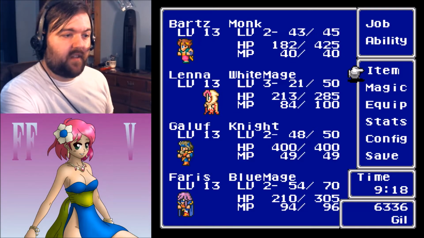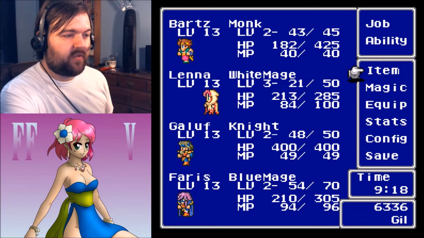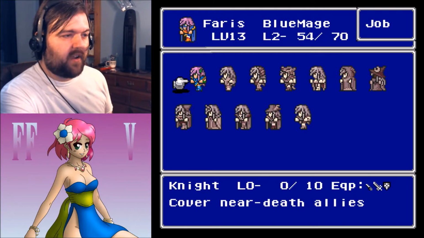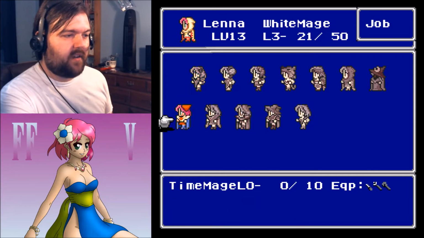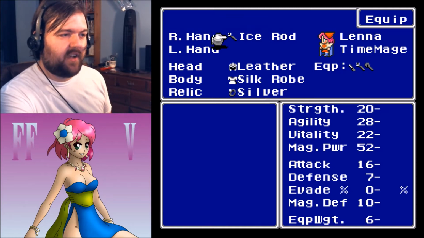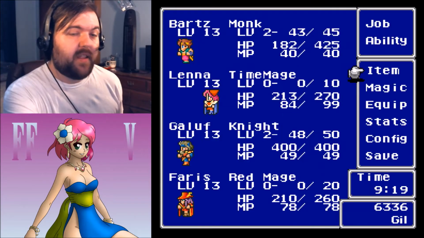So, now that I've done that, Bartz and Galef are really close to leveling up Monk and Knight. I'll wait until they've done that and then change everyone's jobs. For now though, I think I'm gonna go ahead and make Ferris a Red Mage. And I'll make Lena a Time Mage. With Black Magic. Since she has the healing staff, she really doesn't need white magic equipped. But yeah, I have...